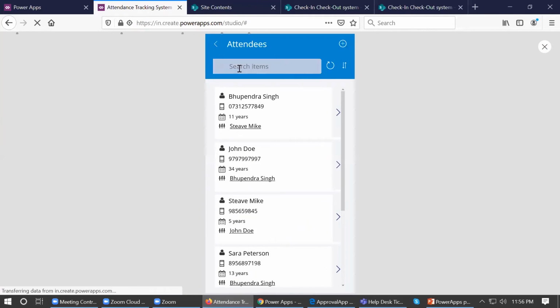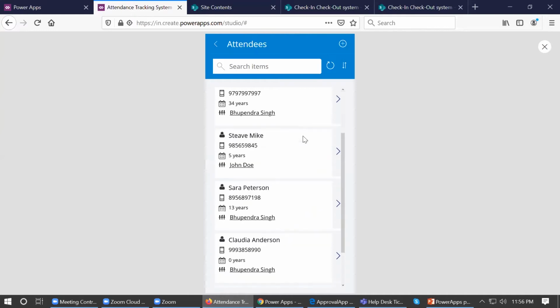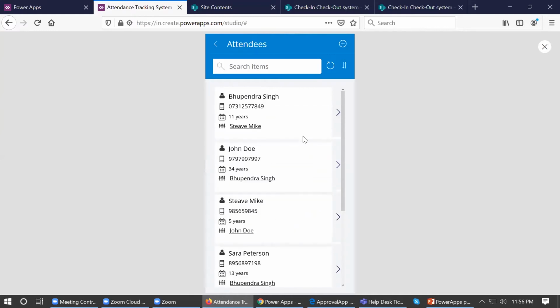When I click on the attendees button, I can see the list of all the attendees here on the page, and if I want to add a few new attendees into the system, I can simply click on the add button from the top, and there would be a form where I need to put the details of the attendees, and those attendees will get added into the system.